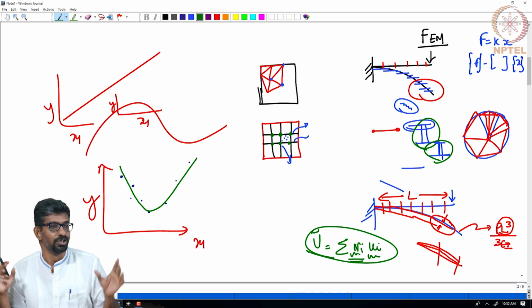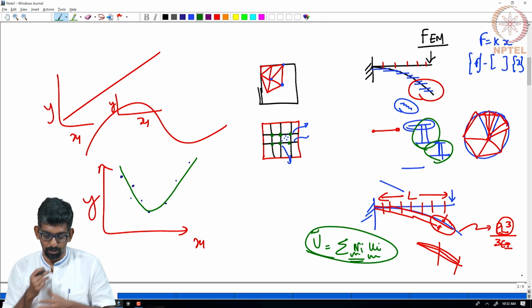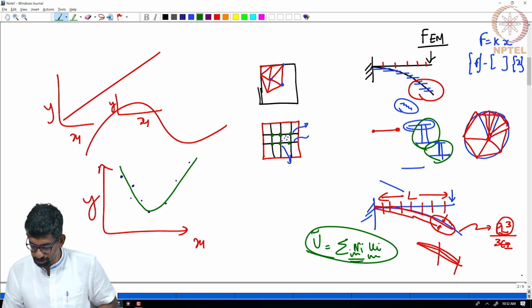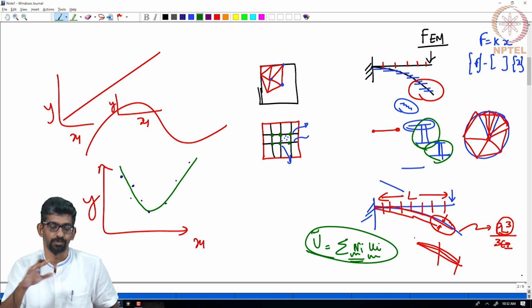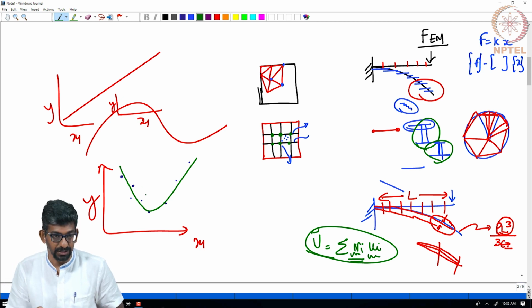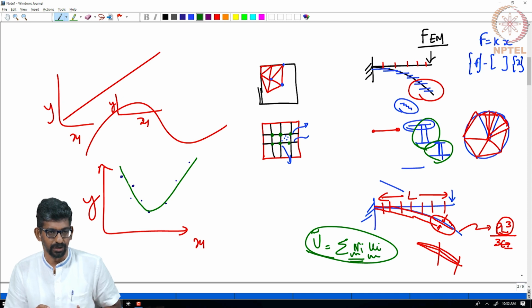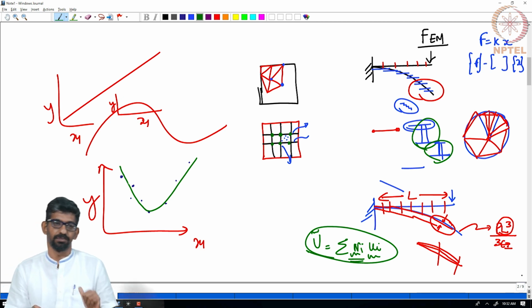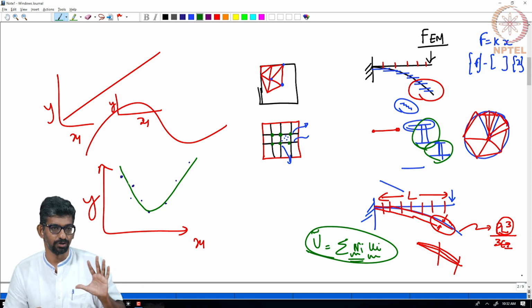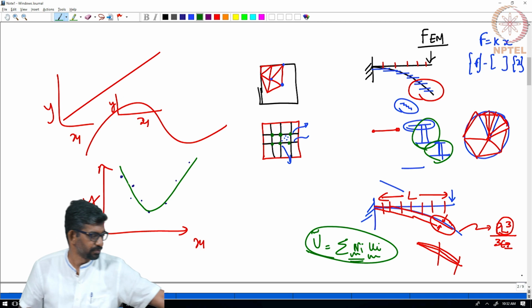Any complex, so you go for any kind, today people are using radial, any NURBS, non-uniform radial basis systems, to model these displacements. There also it is still N_i u_i, because I am eventually going to find my nodal displacements and I will do a linear superposition of it to find what my total displacement is. In a similar sense here, I want to approximate this function around each of those points, and I will add them. That addition will be a linear superposition is what the overall idea is, but you can also do different types of superposition. So, this is something that I want you to appreciate, and we will go into radial basis function.